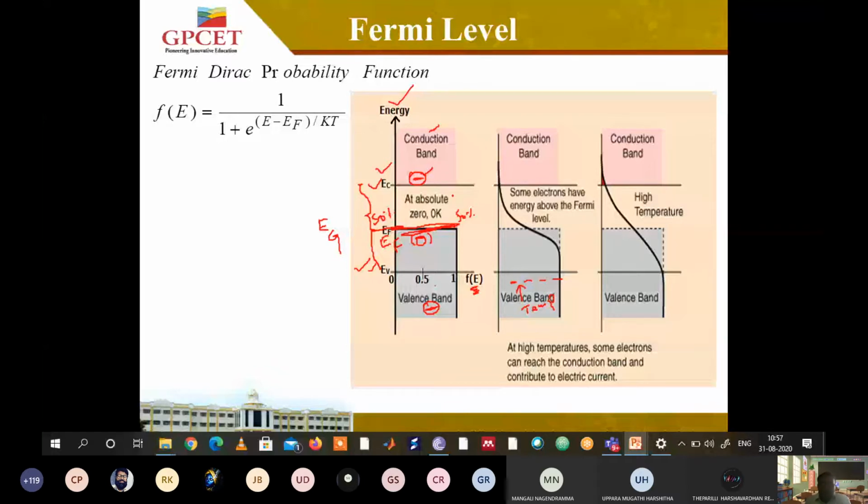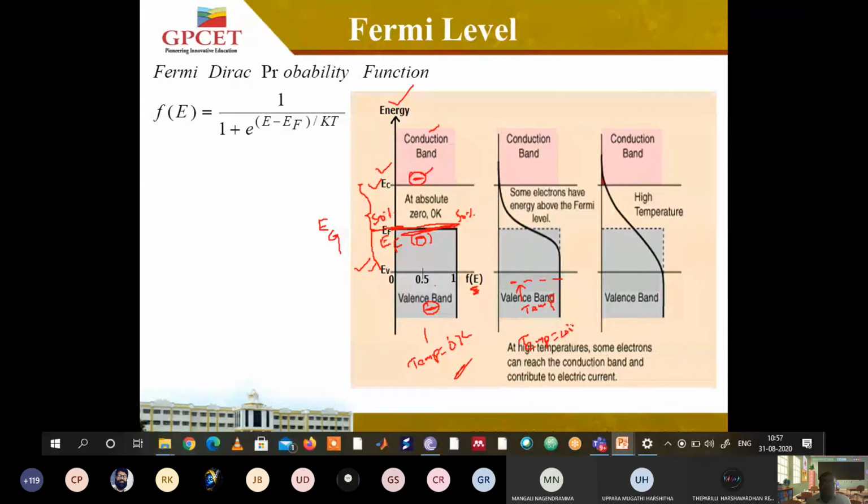Now this first case is for temperature equal to 0 degree Kelvin, where the Fermi level lies at the center point. Now what is this temperature? This temperature is equal to 200 degree Kelvin. So I am increasing the temperature. What happens? You can see the curve here. Previously the curve is a straight line towards the Fermi energy level.